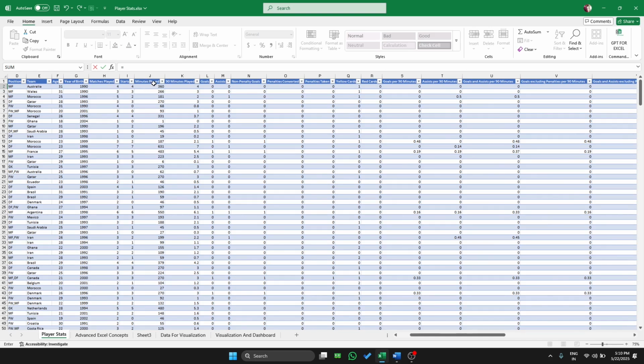So minutes played, you can see here minutes played, by round up we should need for that. If minutes played,